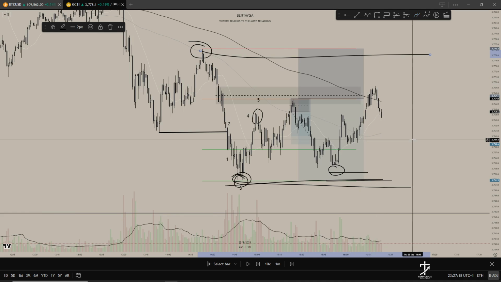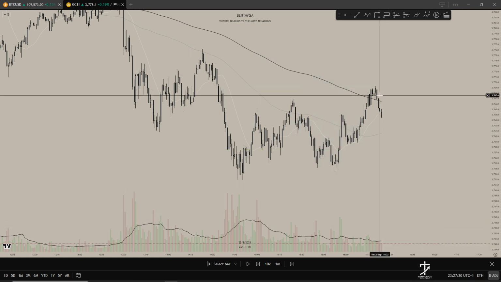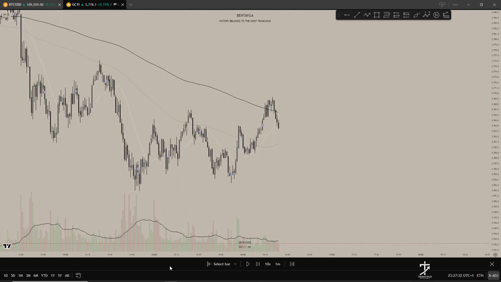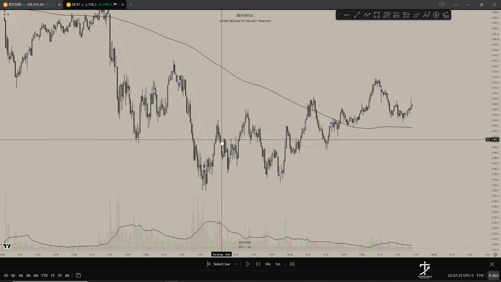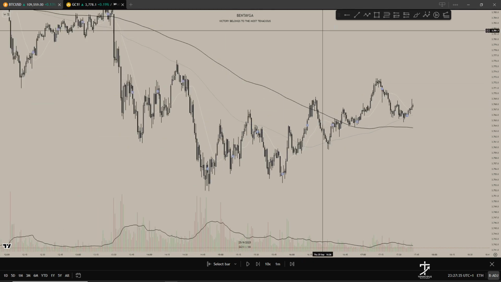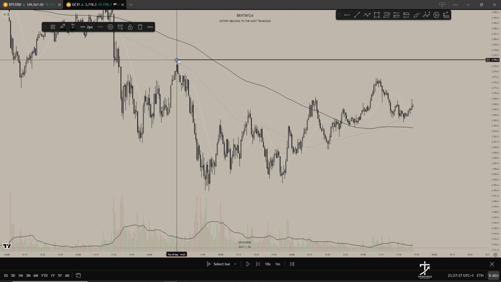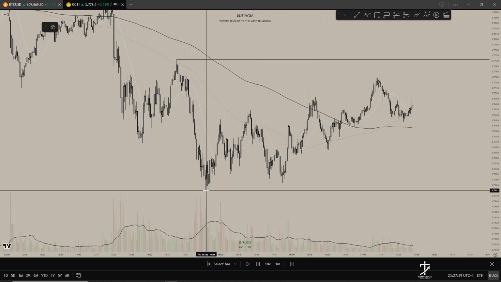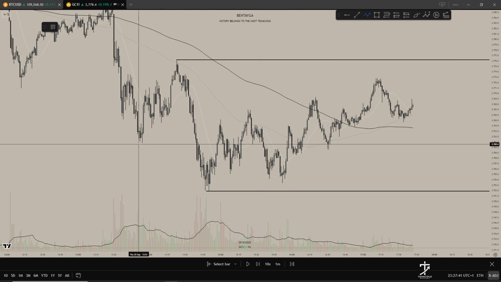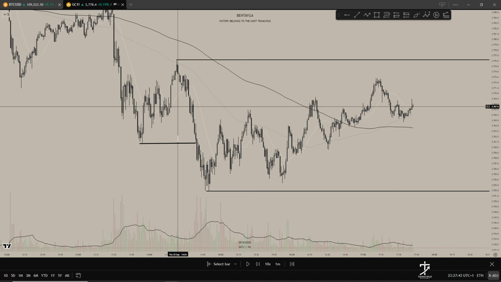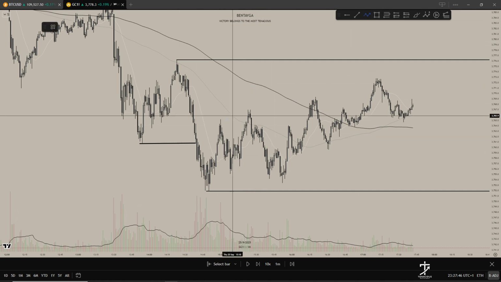So just before I head out, we've gone past my trading time, so I don't want to make this too long. But just to wrap it up quickly, we were trading from this high. This was the week low. We had that there. We had the SBS, but can you see how internally